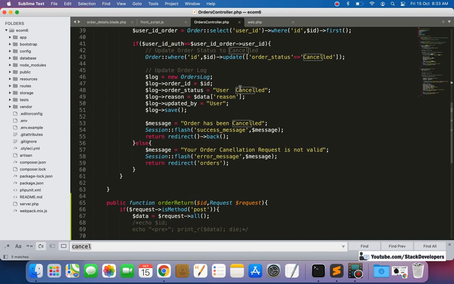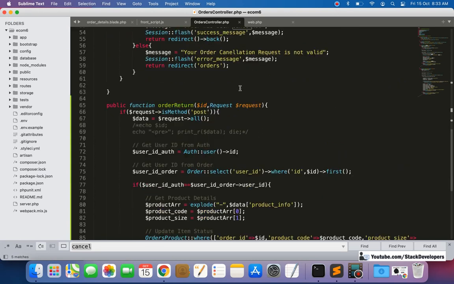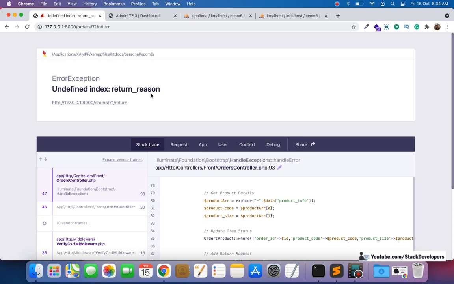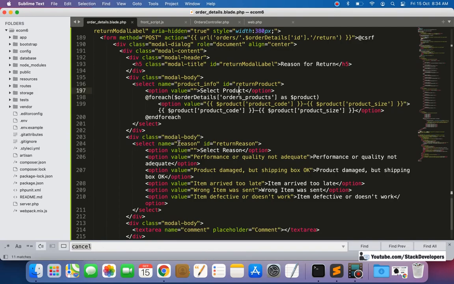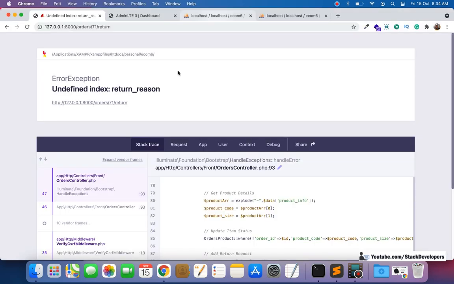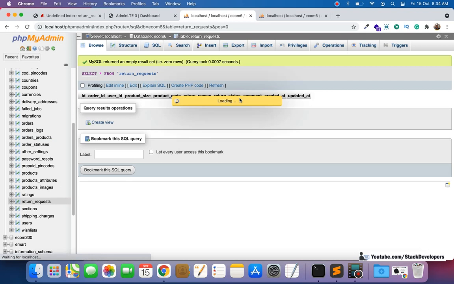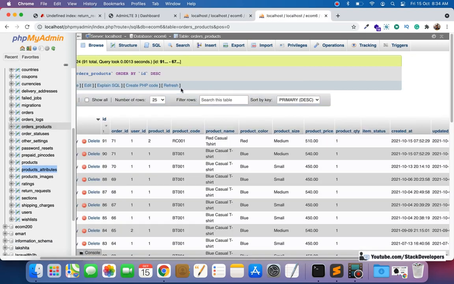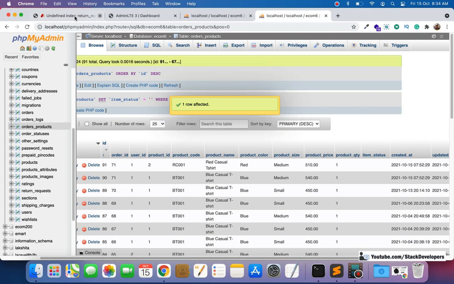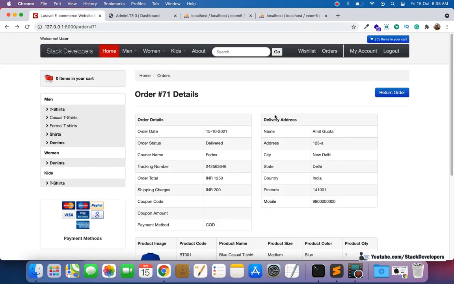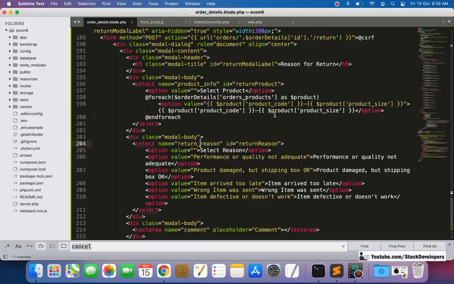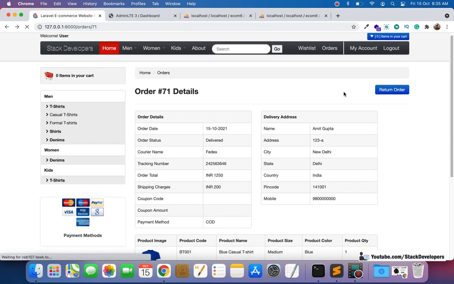Okay, so now we may require to debug once again. Let's check out. See here, return reason, because here we have not given the return reason. We need to give here the return reason, like this one, return underscore reason. Okay, so we may require to go back once again, and here we must check whether this table has not been updated. See, return initiated updated, so we need to remove this one. So we will go back once again and we'll repeat the steps. Okay, so just make sure that you save everything.